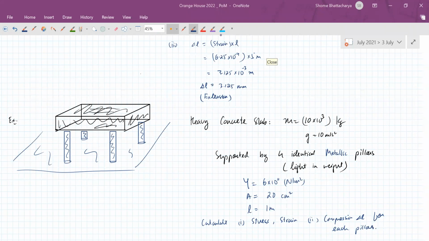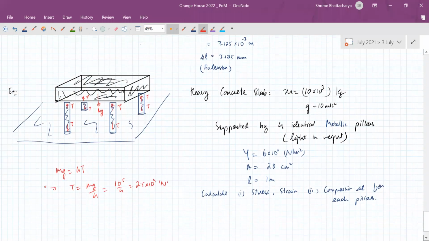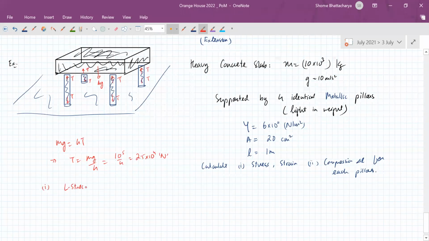Okay, so let's check out the value of stress on each of the rods. You can understand that the rods will be applying tension like this. By symmetry, each will have an equal amount of tension. So the weight of the concrete slab is balanced by the total tension of 4T. So tension on each rod is 1/4 of the weight. So 2.5 into 10 raised to the power 4 newtons is the tension in each. So accordingly, the stress in each rod, the longitudinal stress,